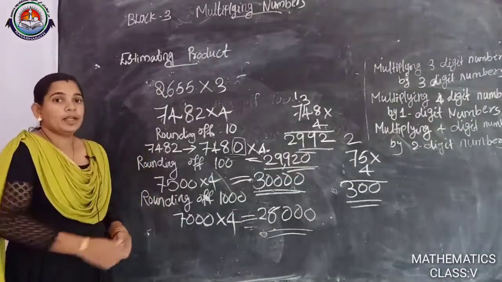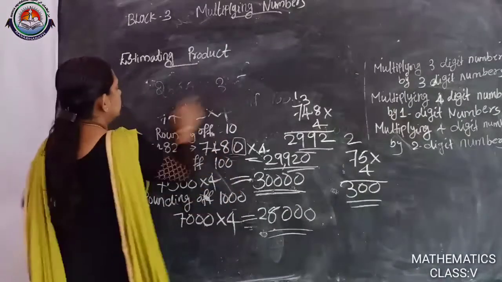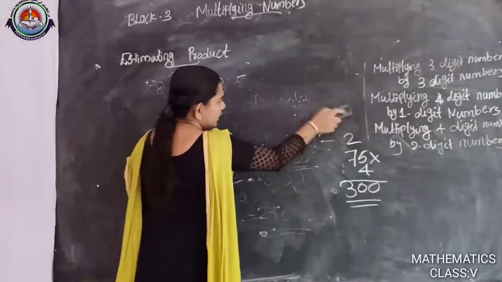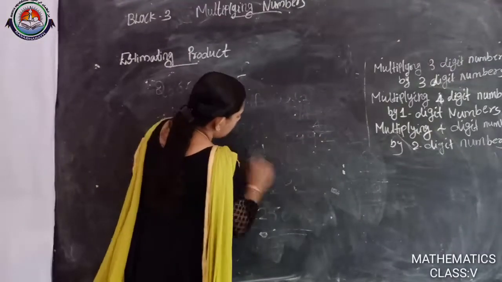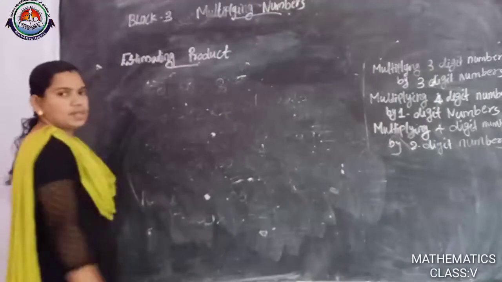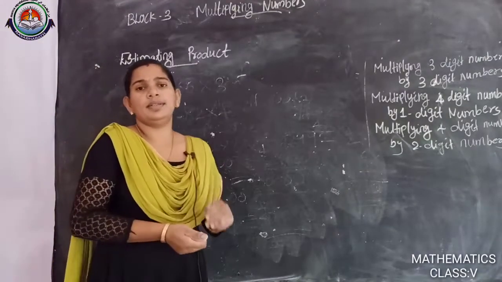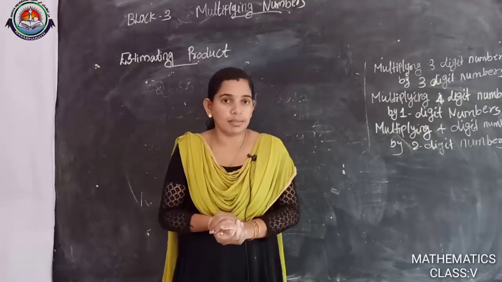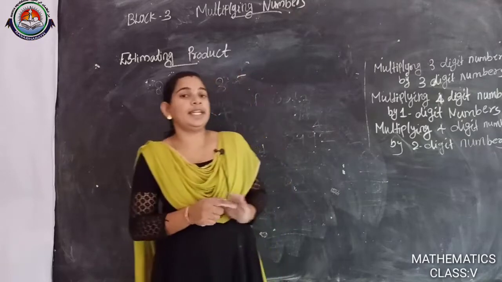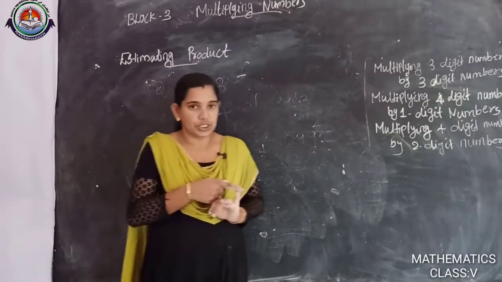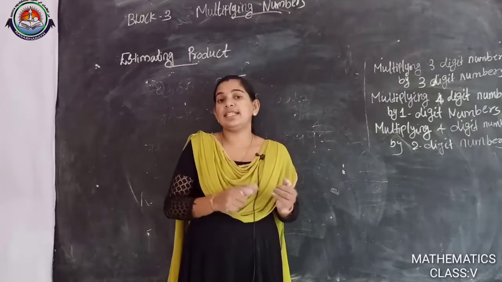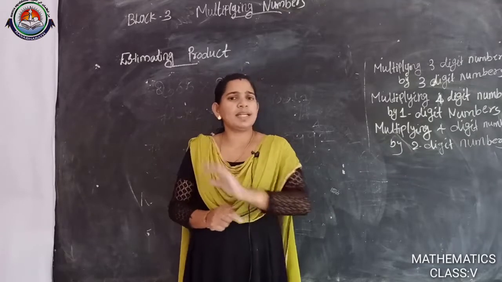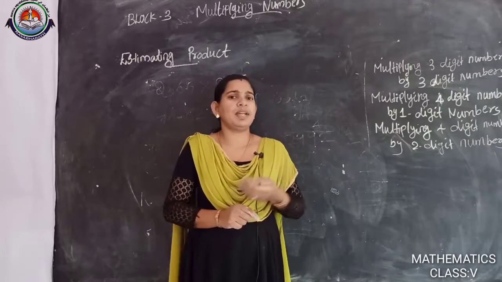Okay. Then we will do one problem from your textbook. Before doing the problem from the textbook, I will ask you one question. How many of you know rounding of numbers? Rounding of numbers is very easy. So first I explain how to round numbers. Rounding of 10 means we check the ones place digit. If the ones place digit is 5 or more than 5, we add 1 to the tens place digit. The remaining places, 100, 1,000, 10,000, are the same.